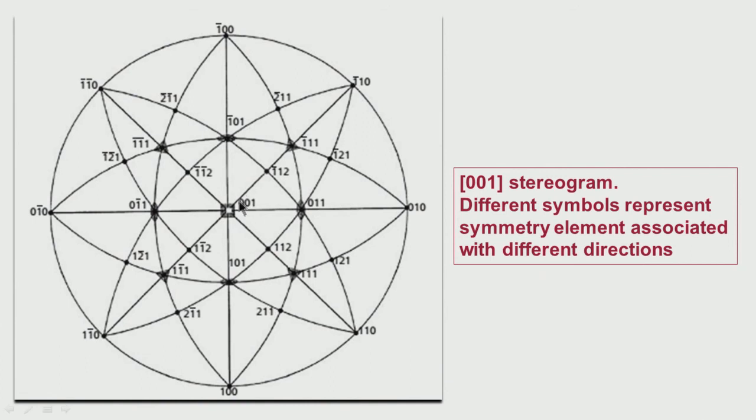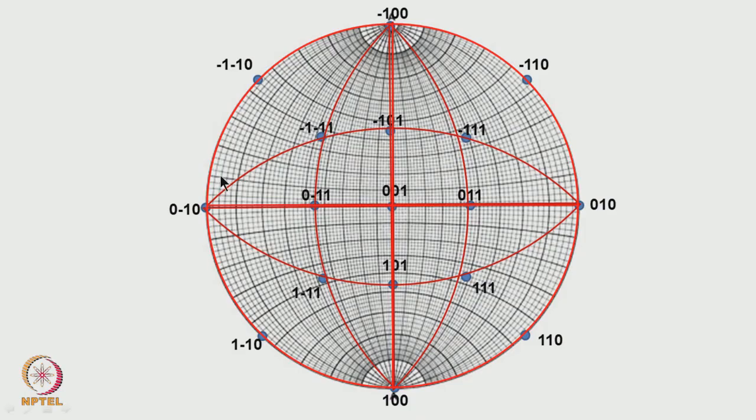Suppose now we wanted to find out the angle between these. We know that from the center to this one is 90 degrees, and on the circle all the points are 90 degrees away from that; that is all the information which we know. Now we wanted to measure the angle between these various planes. What we should do is keep it on top of a Wulff net.